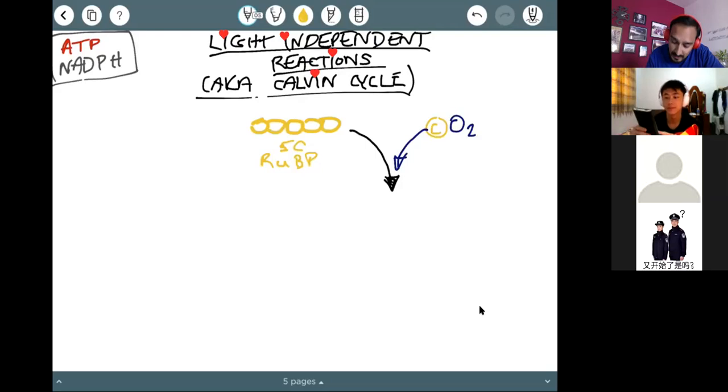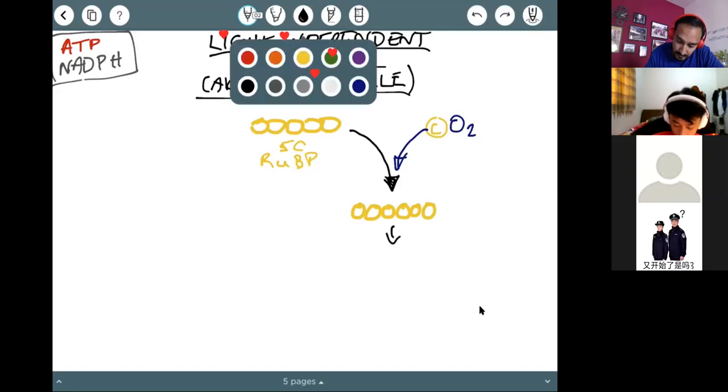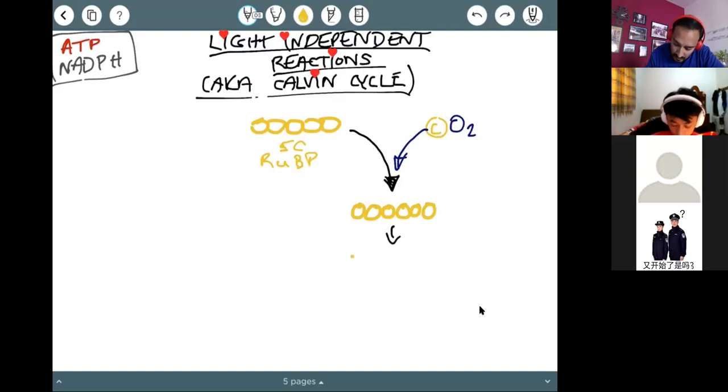Now, the 6 carbon molecule, you can draw it, but it doesn't last very long, and it's going to split quite fast into two 3 carbon molecules. We kind of ignore the 6 carbon, it's very unstable, into 3 carbon molecules called